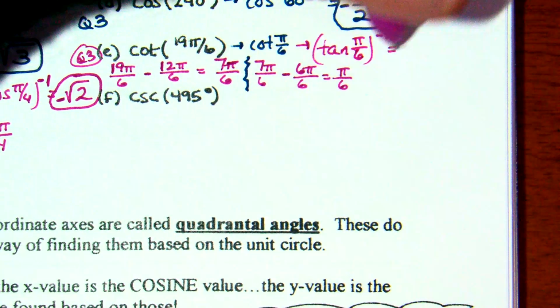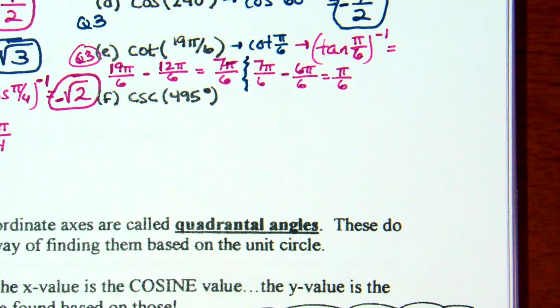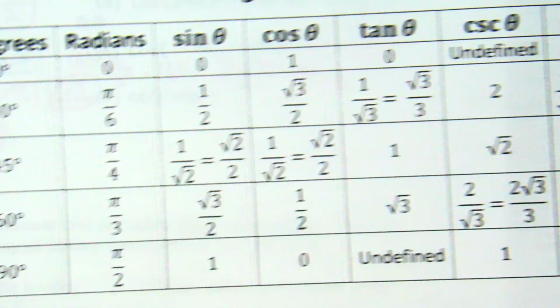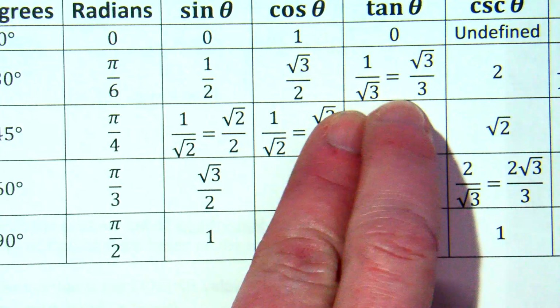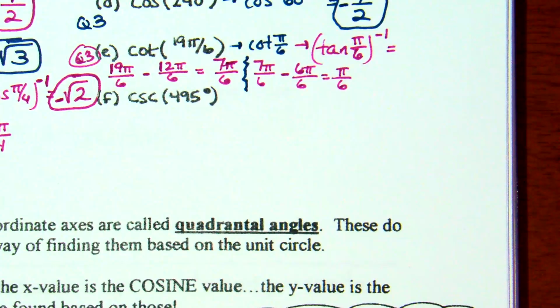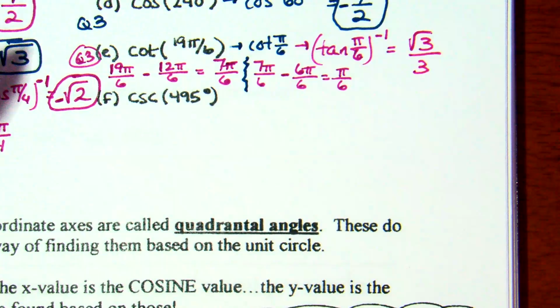So do you have your chart beside you? Can you flip to it? What is the tangent of pi over 6? Square root of 3 over 3. So this is going to be square root of 3 over 3. What about quadrant 3? What do we know about